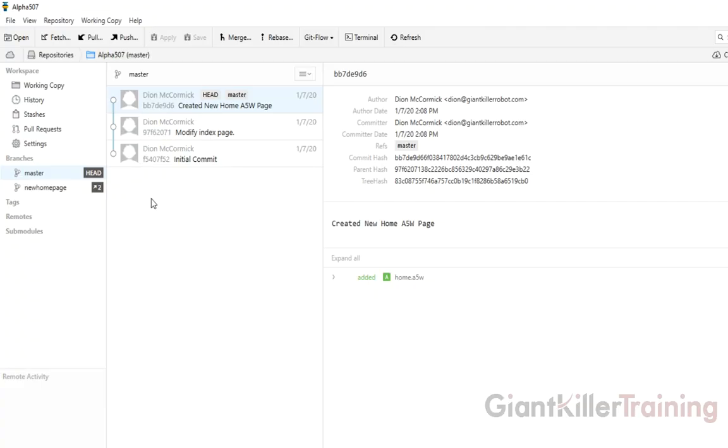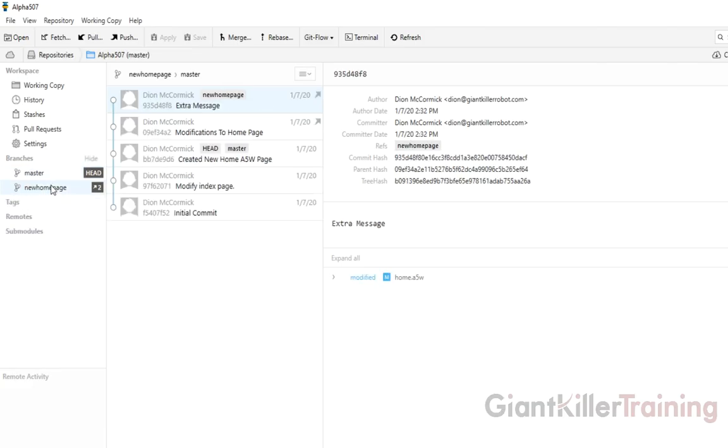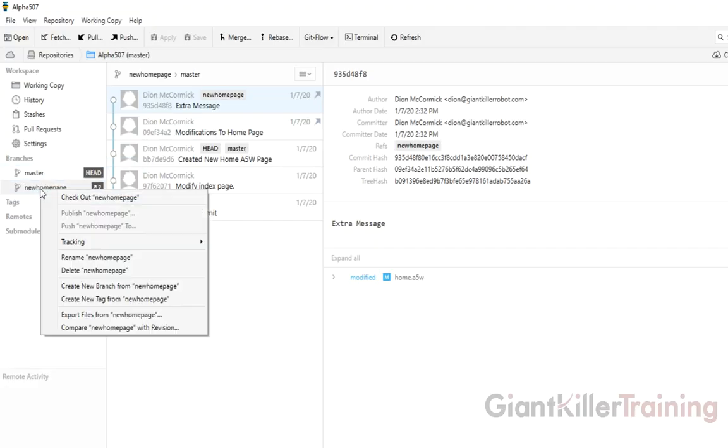Now the last step I need to do is merge my branch. I need to take my changes and move them into my master. So I'm going to go here. I'm going to go ahead and click and copy. Now I'm dragging on here. That's just how this tool works. I can also go ahead and say,